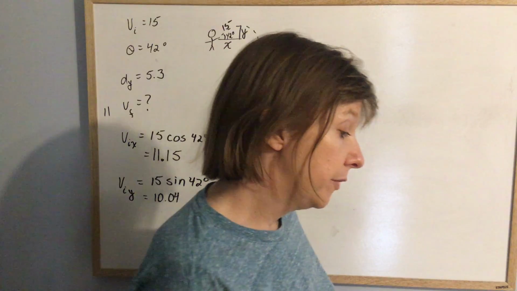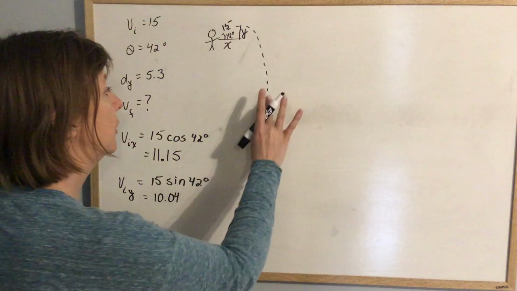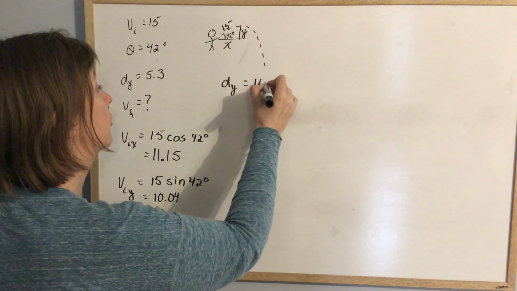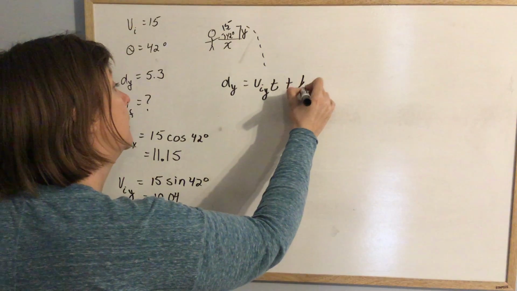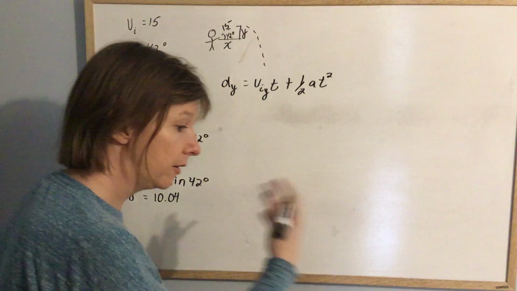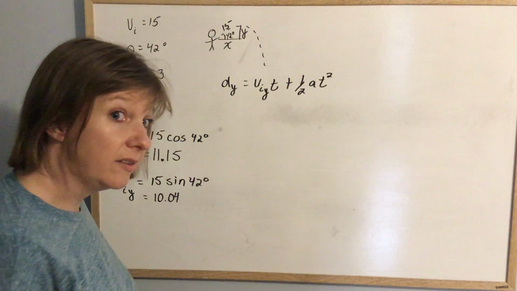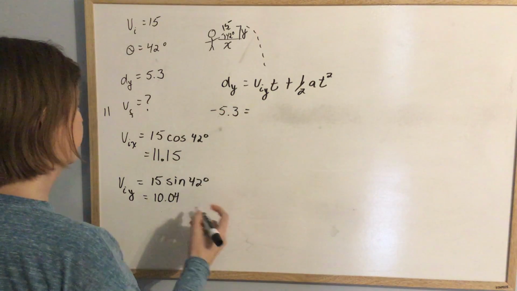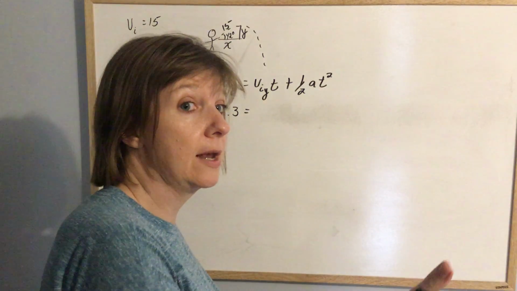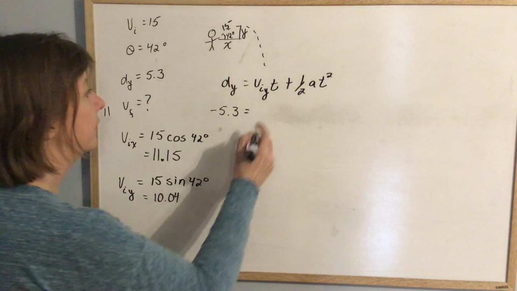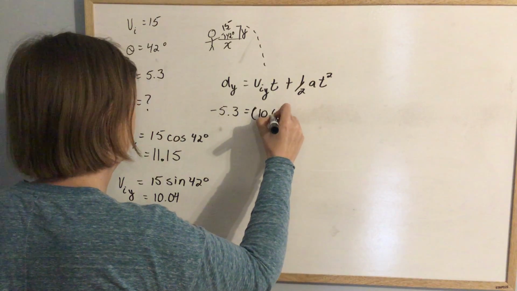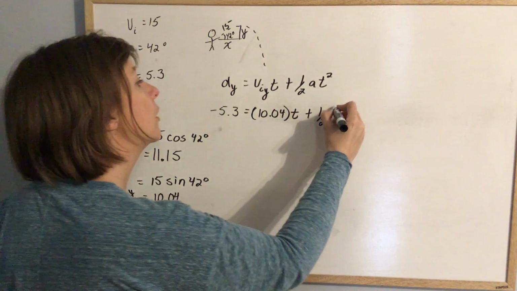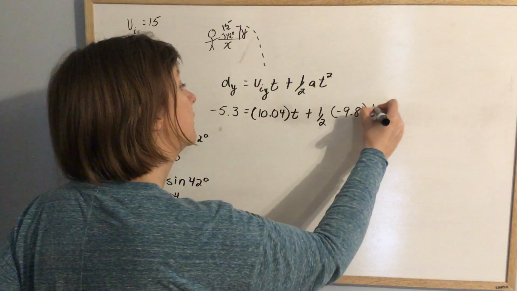So I did the same sort of thought process. I need a time because it's the only thing that connects the two directions. The only way to get that is dy is equal to initial velocity in the y direction times time plus 1/2 at squared. And again, I thought about the fact that I'm throwing the ball downward. So my dy is negative 5.3. My initial velocity, initially I was throwing it up. So that is positive, so